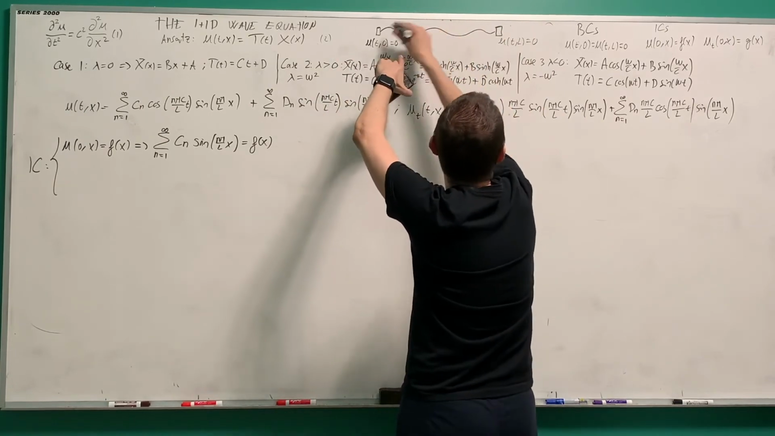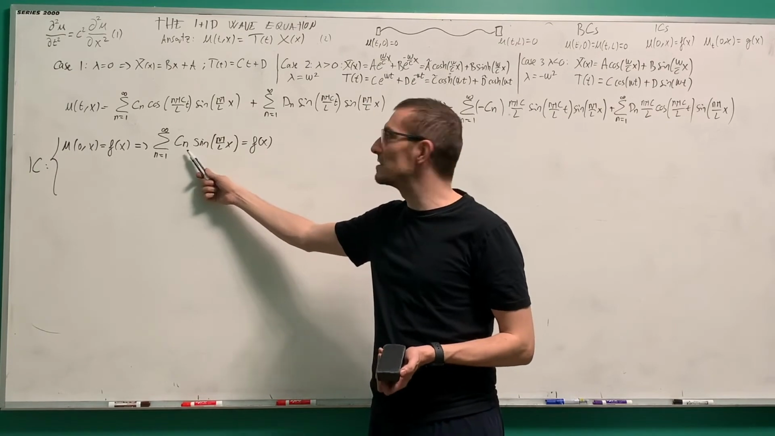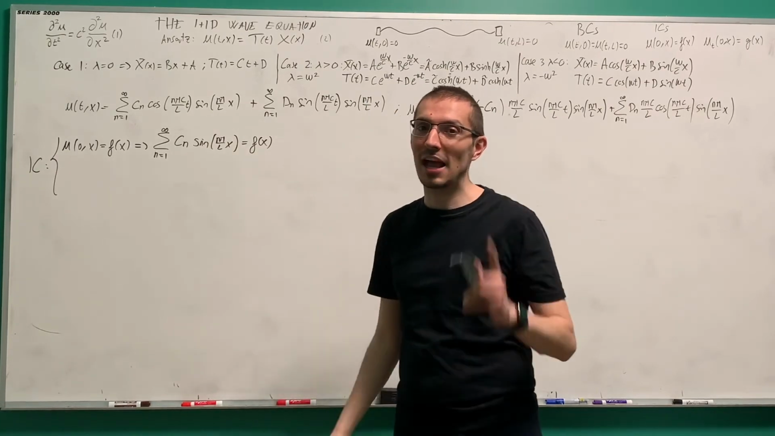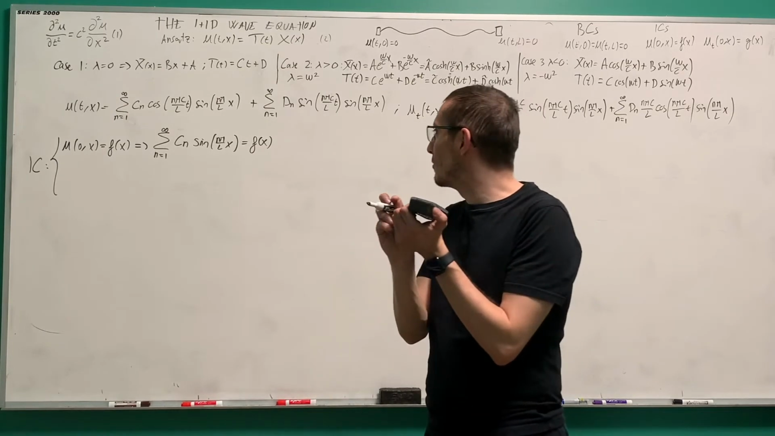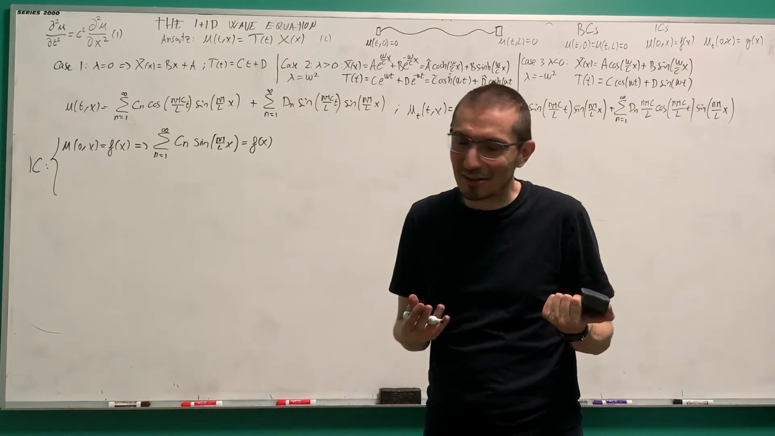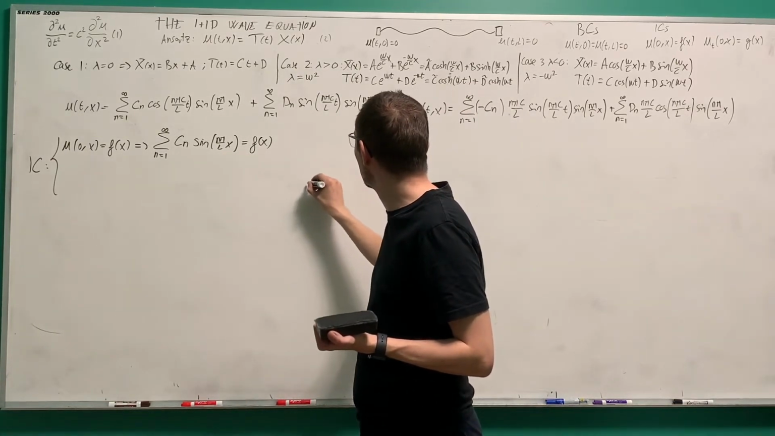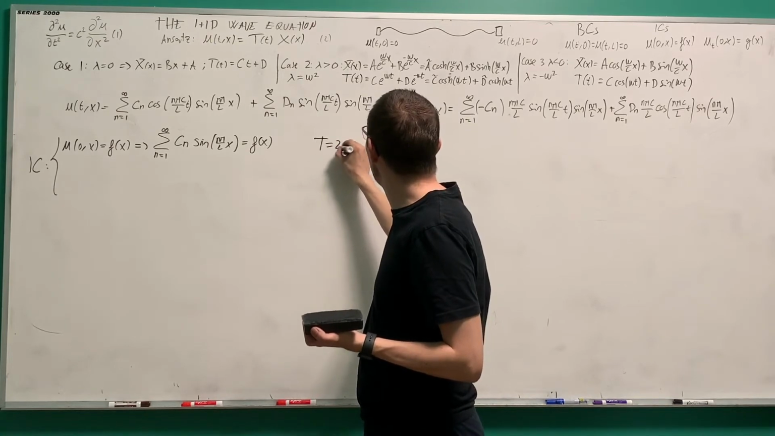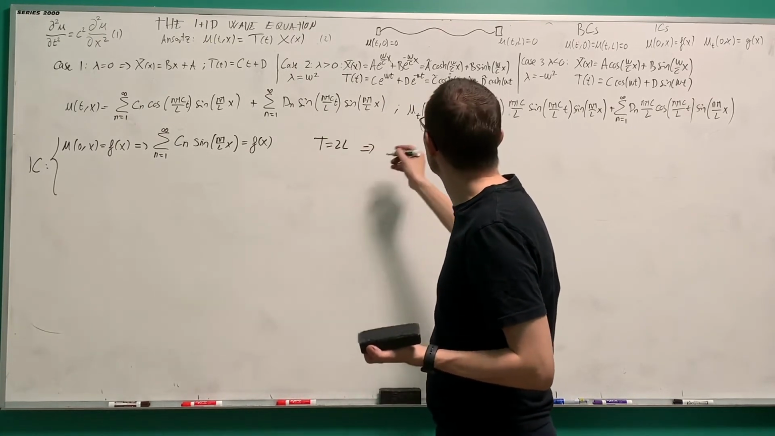f of x is a function of x, that is this one, to 2L. So that's clear. The coefficients Cn are the coefficients of the sine Fourier series of f of x. So we need to take the f of x that is defined from 0 to L, do the odd extension, right, to get the sine Fourier series. Remember, the period is 2L for the odd extension, and then we get that the coefficients are, well, let's do the whole thing,